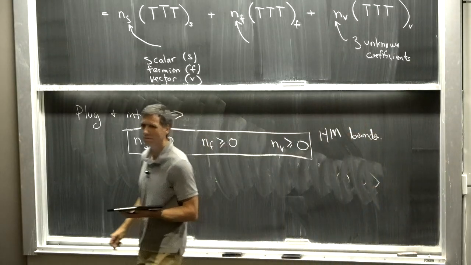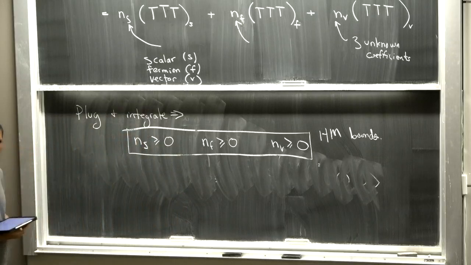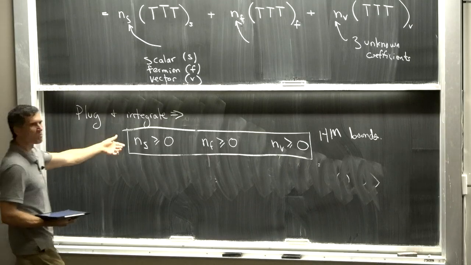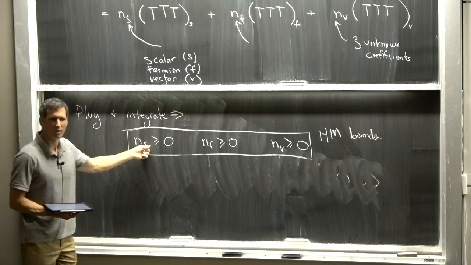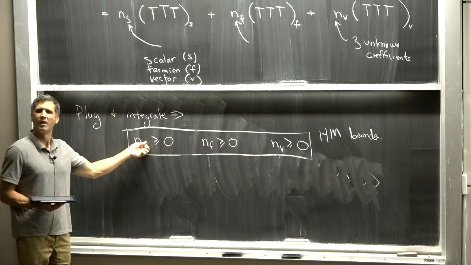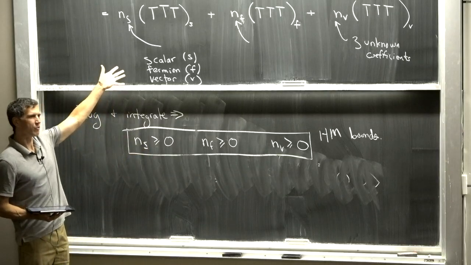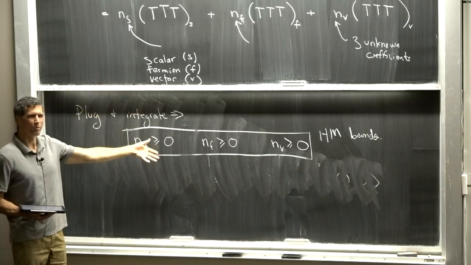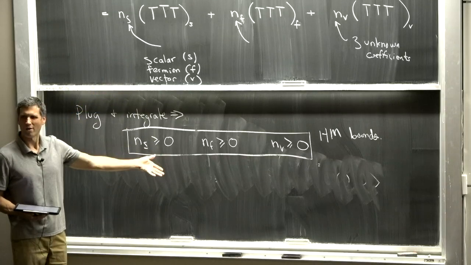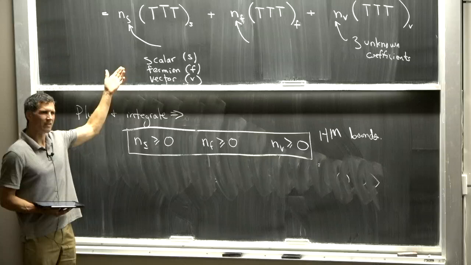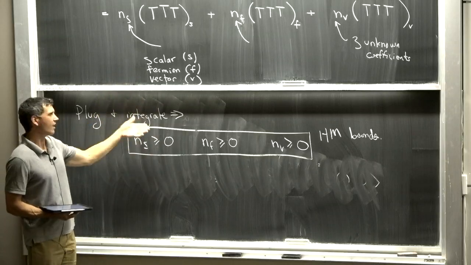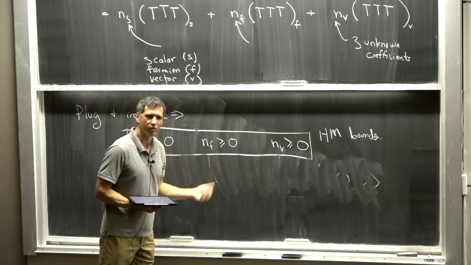If we're talking about free theory, then obviously those are all positive. That's the number of scalars, fermions, or vectors. But this is very non-trivial in interacting theory. And the fact that this looks so simple is just because I knew what the answer was before I started writing the lecture. And so I picked a basis of 3-point functions where it would be easy for me to write down what the inequalities were. It happens to be in this free tensor basis where the inequalities just set the 3 coefficients to be positive.